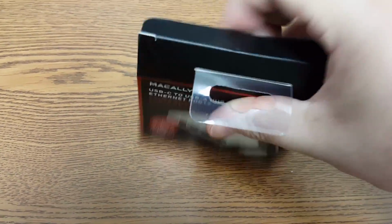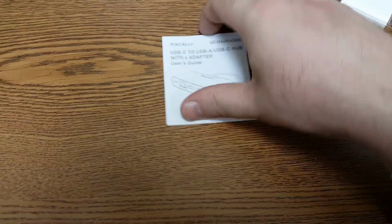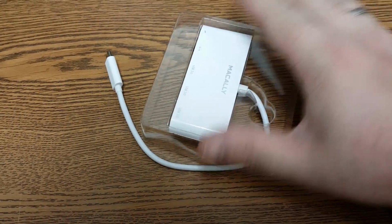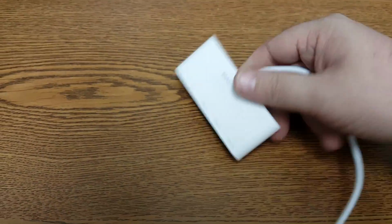So I've already cut the tape on the sides, and I've actually had a little stab at this. So we get a user manual. I'm not really sure what for, but it's there. And here is our unit. So it is a very nice, let me just get this plastic out of the way because it's loud. There we go. It is a very nice and white